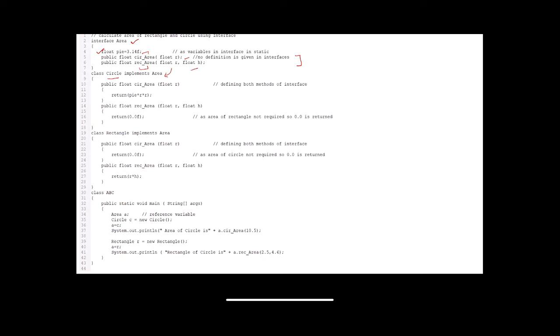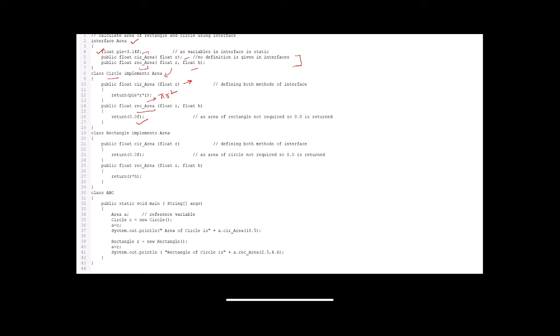When I calculate the area of the circle, I return the value of pi into r square. And when I calculate the area of the rectangle, I return the value 0.0. This is because I am calculating the area of the circle and not the rectangle. But since this is a method of an interface, I have to give some definition here in the class.